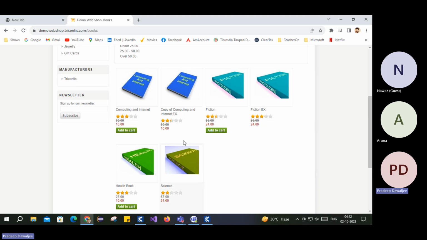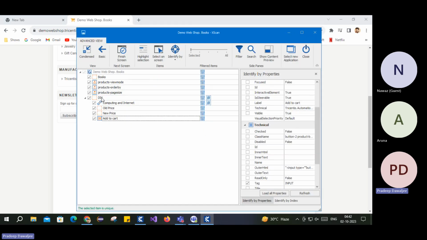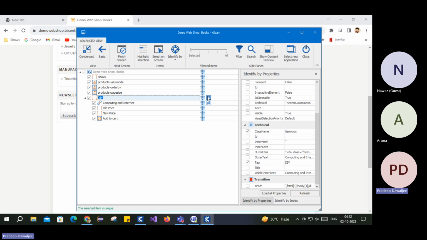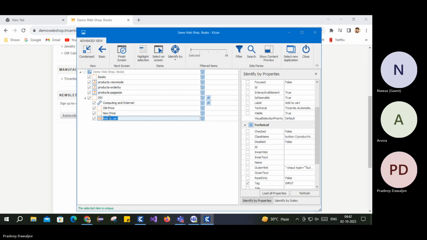But how are we making it unique to this add to cart? Based on this item. So this item we made unique. Under that item, there's only one add to cart. Is it clear? Because this scanning part is the main catch, I would say,